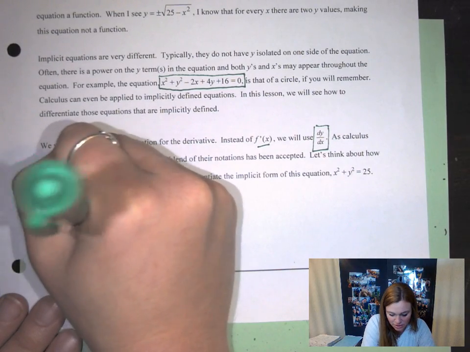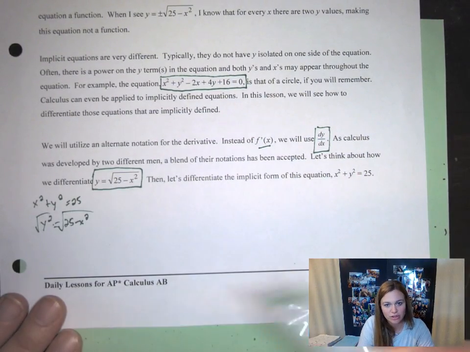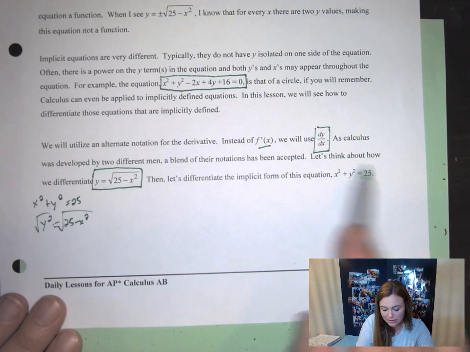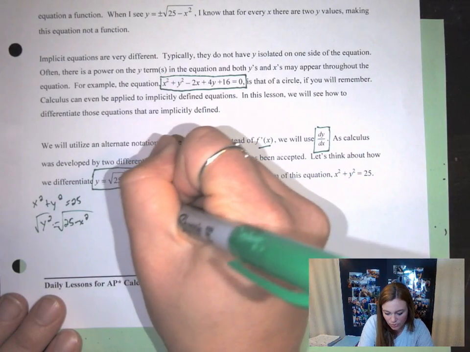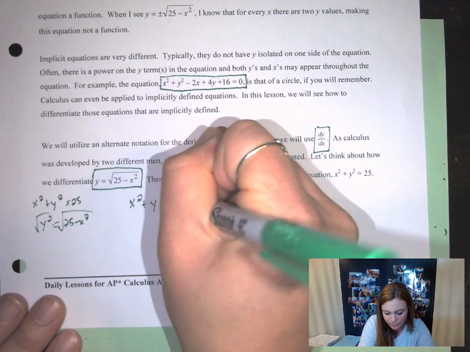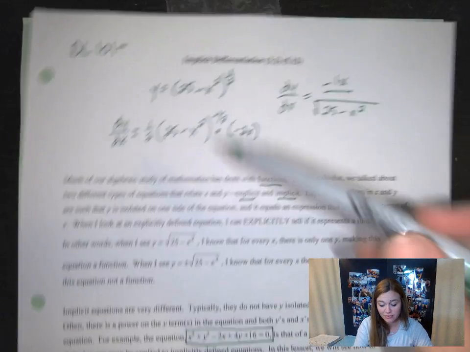25 minus x squared. Take the square root of both sides. You can see this is actually the same function either way, but this one is defined implicitly. So the y is not solved for. So I'm going to go x squared plus y squared is equal to 25. And what I'm going to do is something a little bit crazy, but normally, even in these ones, we took